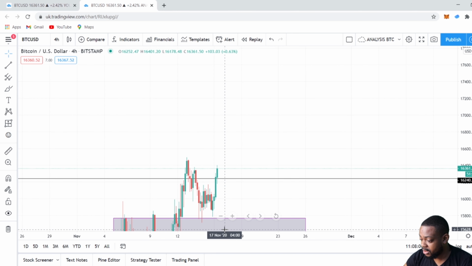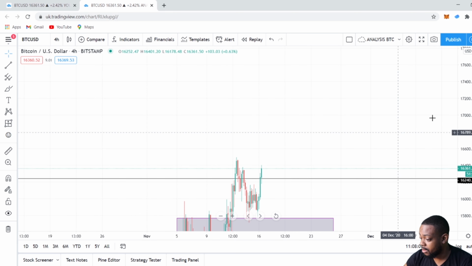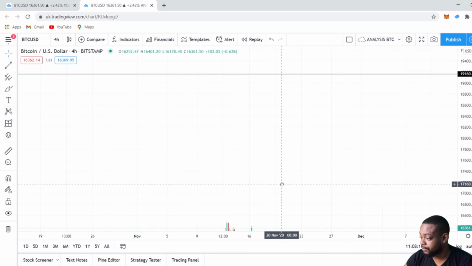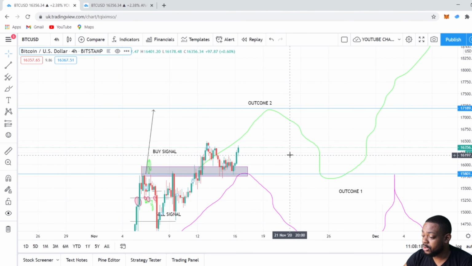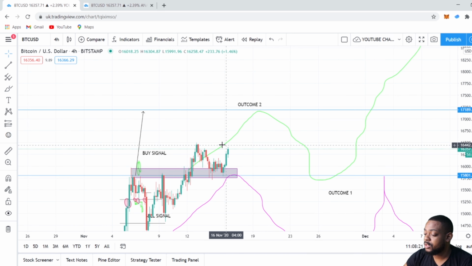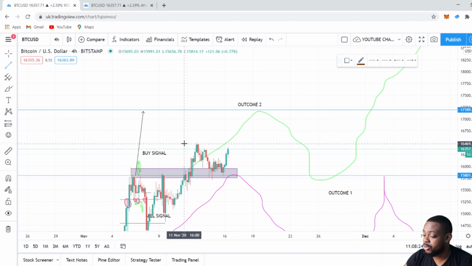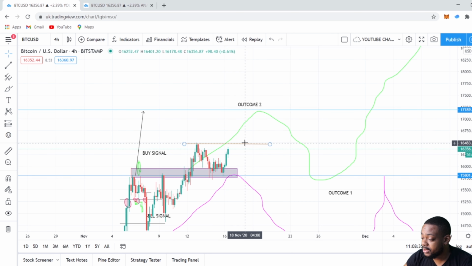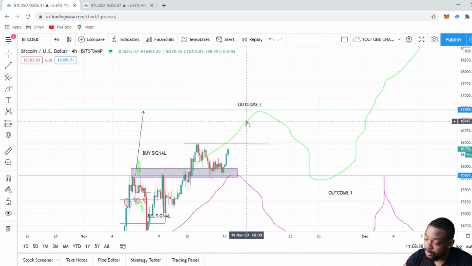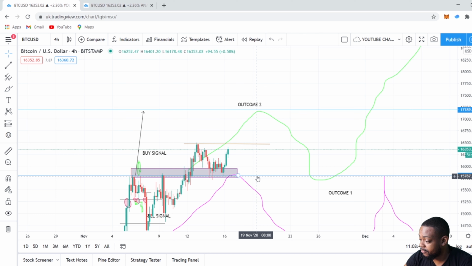So my conclusion on the BTC USD chart is for us to see what happens. If you want to do a little scalping, I would say wait for it to break here. If it breaks this line, closes above it, and then does a small retest back to this line, then I would say this is a nice buy position. If it breaks this line and closes under, I can see it coming back down to this support line right here,